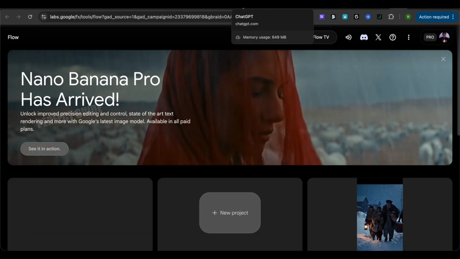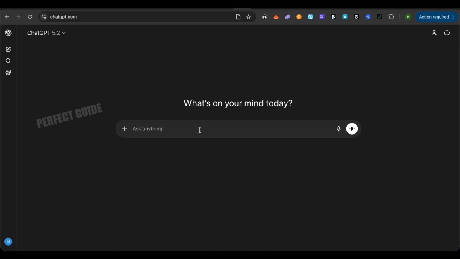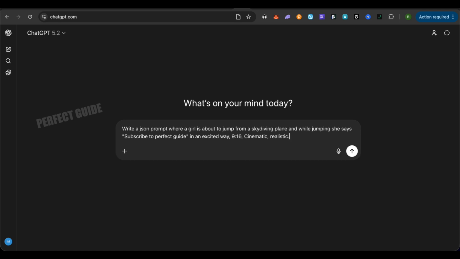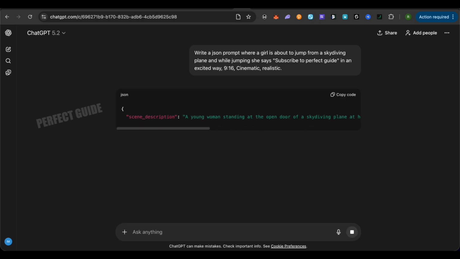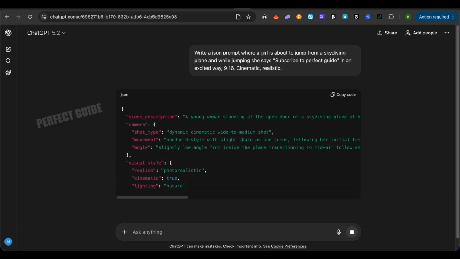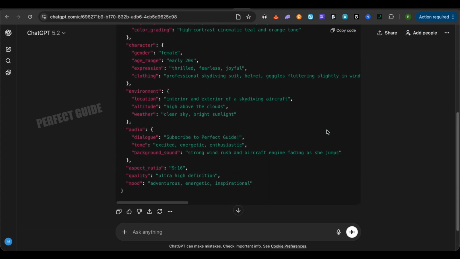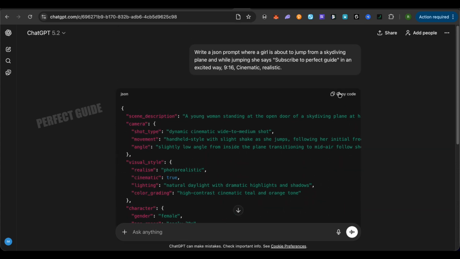So first of all, open up ChatGPT and get the prompt for the video generation. Simply ask ChatGPT to give you a JSON prompt, as JSON prompts are way better as compared to the normal text and it would give you a better output. So simply ask ChatGPT and this way you would get this code and you can just simply copy this code